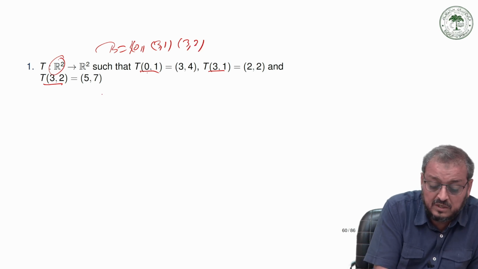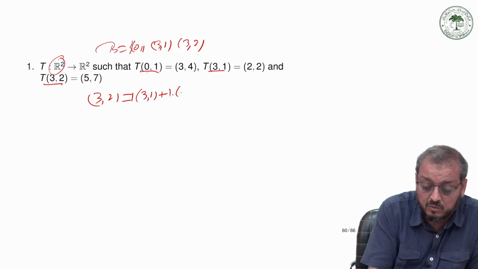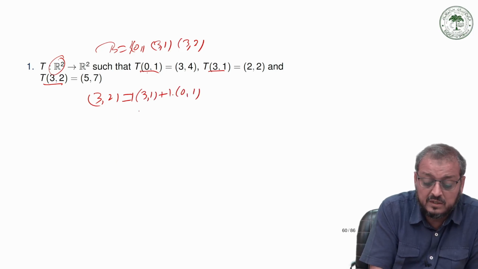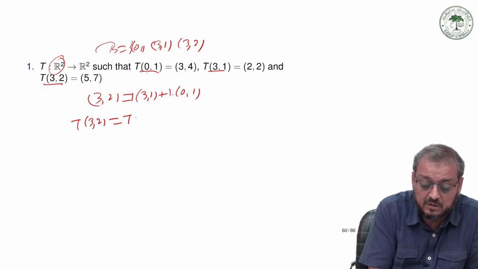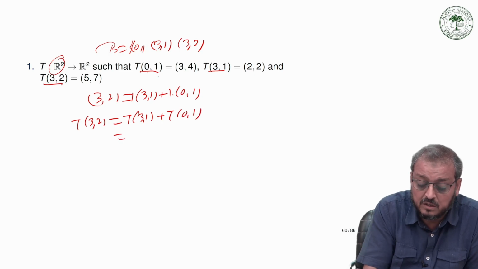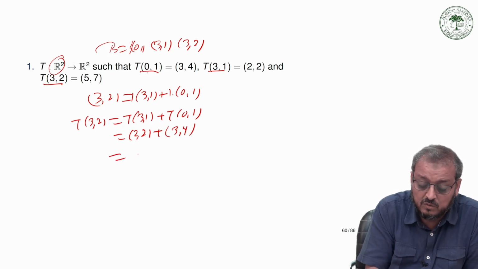Now you see clearly (3, 2) can be written in the form of 1 times (3, 1) plus 1 times (0, 1). If T of (3, 2) you calculate, it is T of (3, 1) plus T of (0, 1), and now T of (3, 1) is equal to (2, 2) plus T of (0, 1) is equal to (3, 4), and now this is equal to nothing but (5, 6),